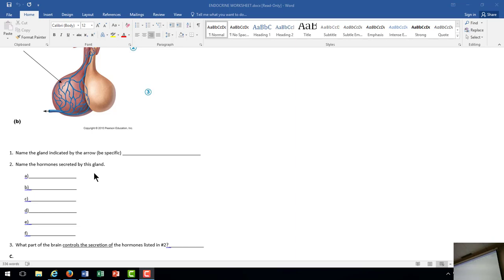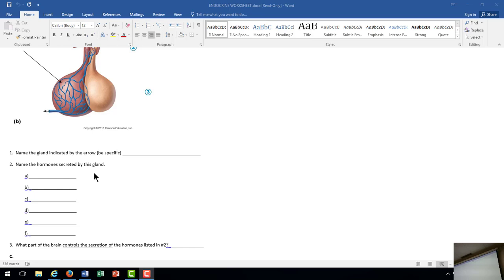GH is one, that's letter A. And then TSH is thyroid stimulating hormone. That means that's one of those hormones that is just telling the thyroid what to do. So it's not acting throughout the body, it's just acting on the thyroid. We'll talk about that. ACTH stands for adrenocorticotropic hormone, which means it